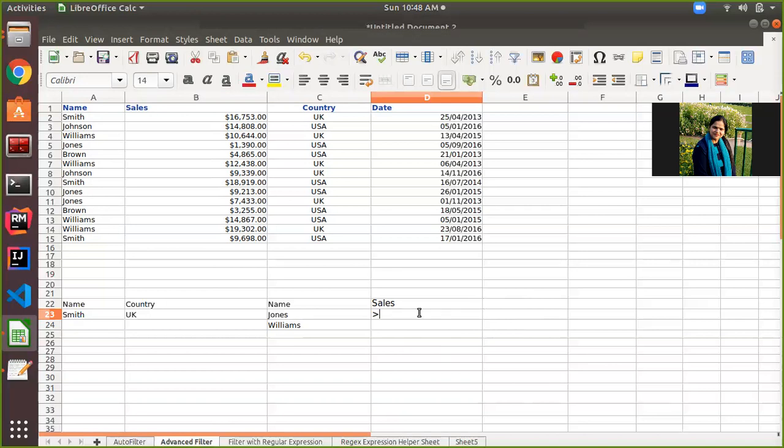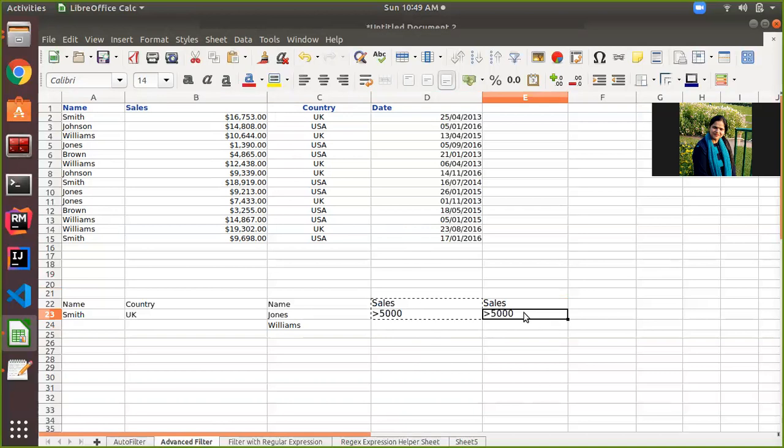First is sales greater than 5,000. I am writing it like this. Second is sales less than 10,000. Sales should be greater than 5,000, but it should be less than 10,000.